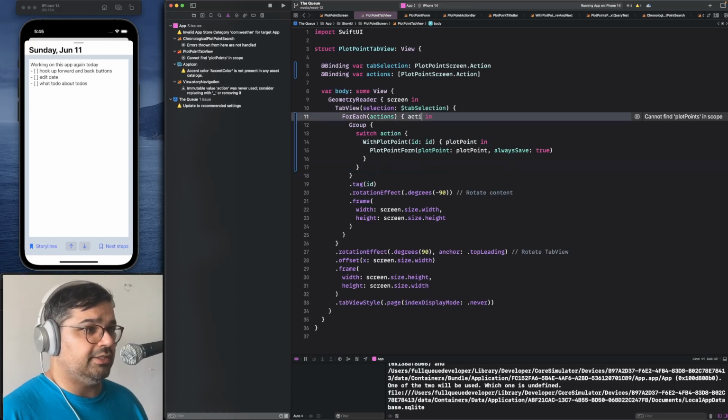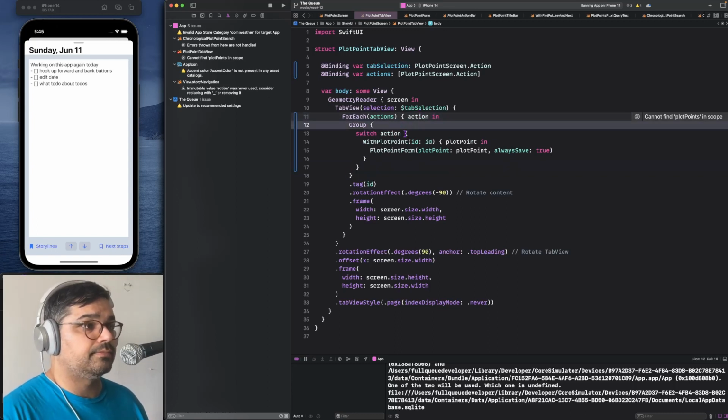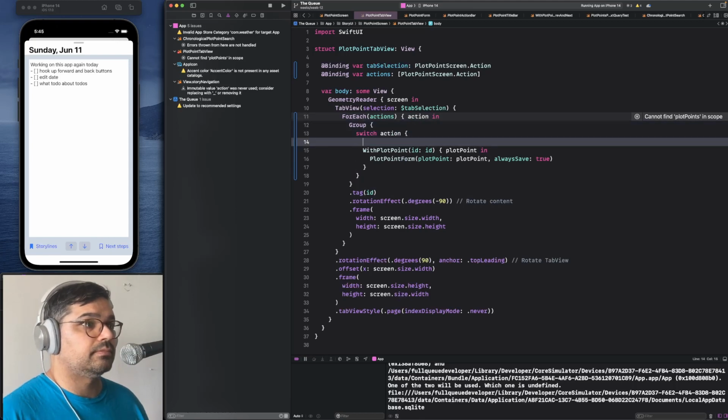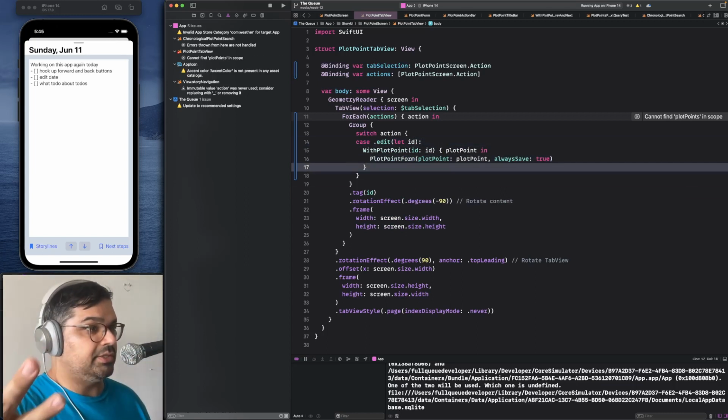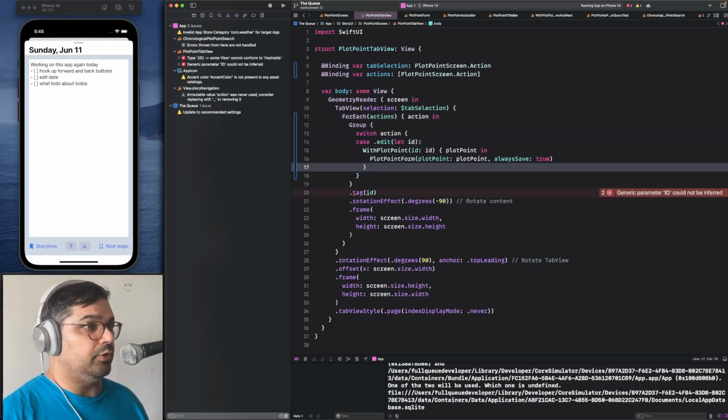And this is action, not ID anymore. Yeah, so edit is going to be the same as just the ID. And then for new,